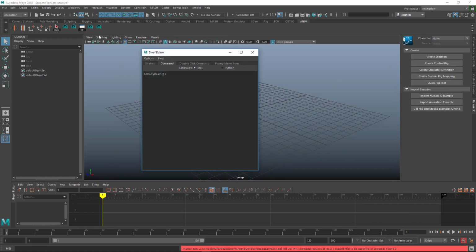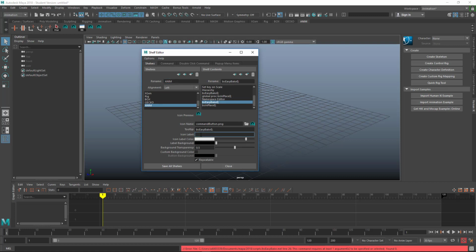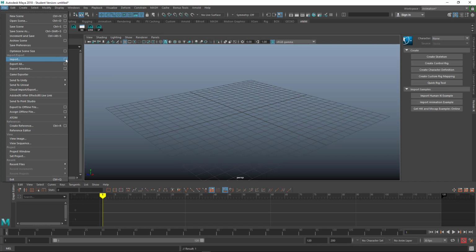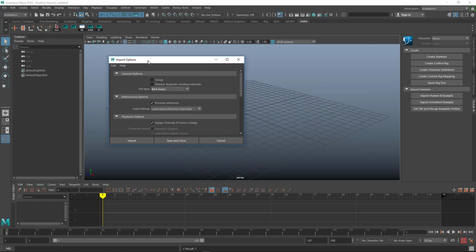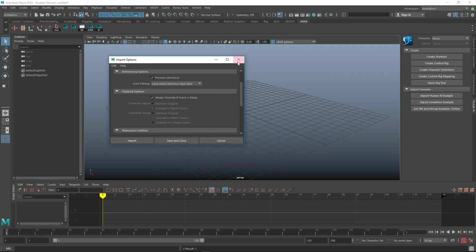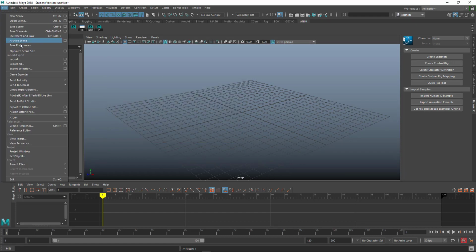And I'm going to right click, edit, and over here on the shelves I can just give it an icon label. Easy bake. IP for in place. Save all shelves. So now I'm going to import this file that I'm going to try to use. And in my import options,